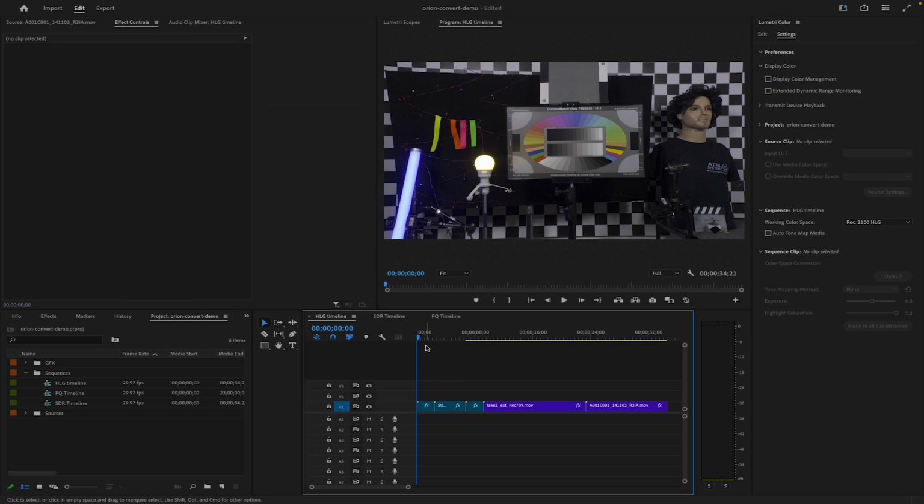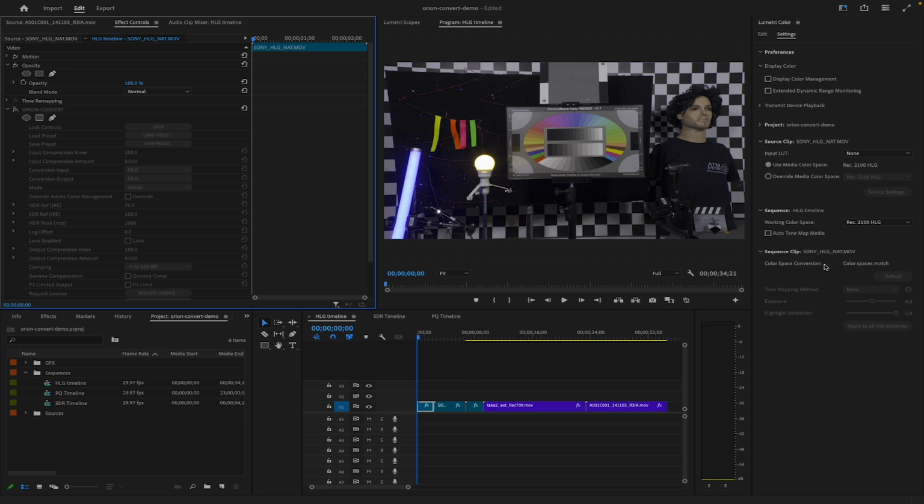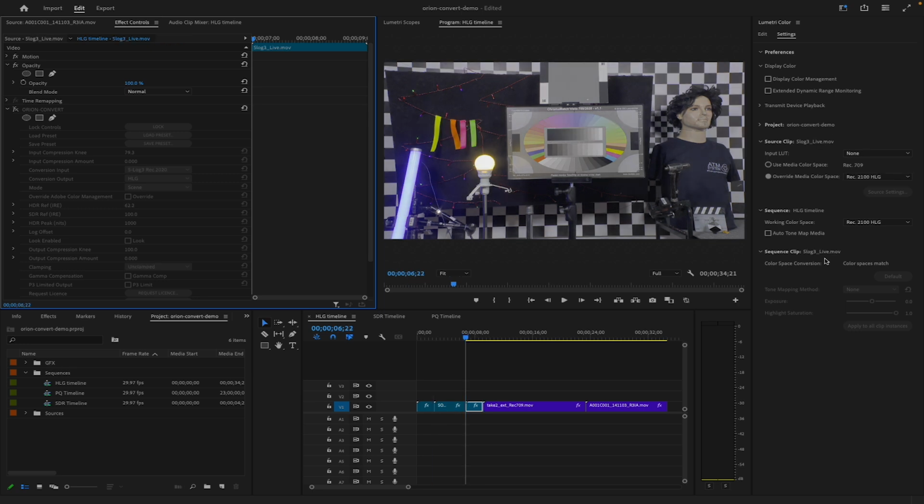So in this HLG timeline, I have 3 clips shot of the same scene on the same camera in 3 different modes. This first clip is shot in HLG natural mode. The second clip is shot in HLG mild mode. And the third clip is shot in S-Log3 Rec 2020 mode, which you'll notice that Premiere Pro doesn't understand metadata for S-Log3 Rec 2020, so it thinks it's Rec 709, and I'm overriding and saying it is HLG in order to match the color space of the timeline, so Premiere does no conversion and I can do it entirely with